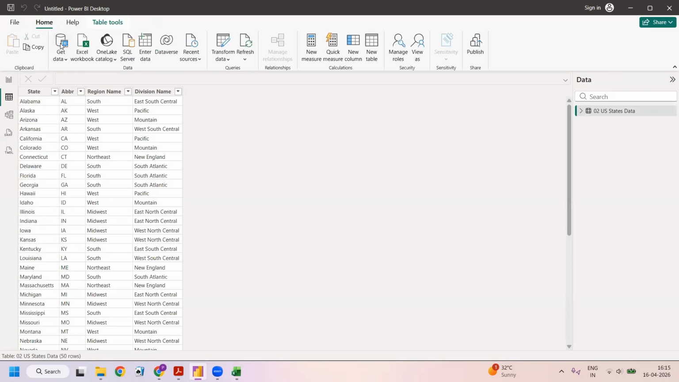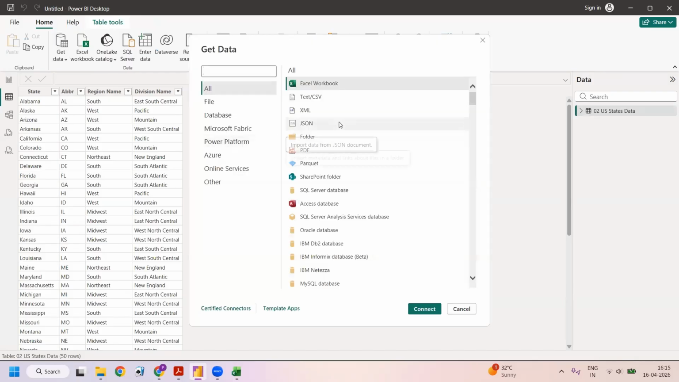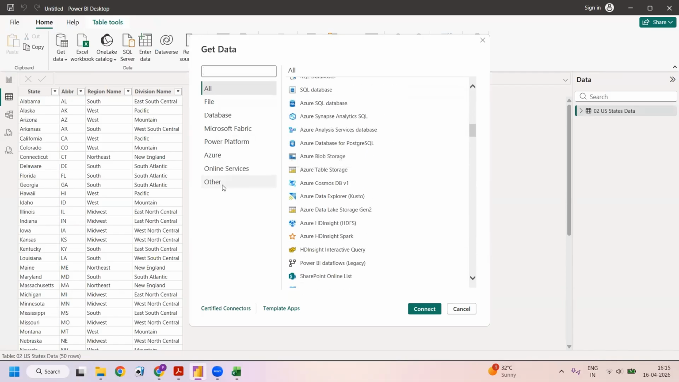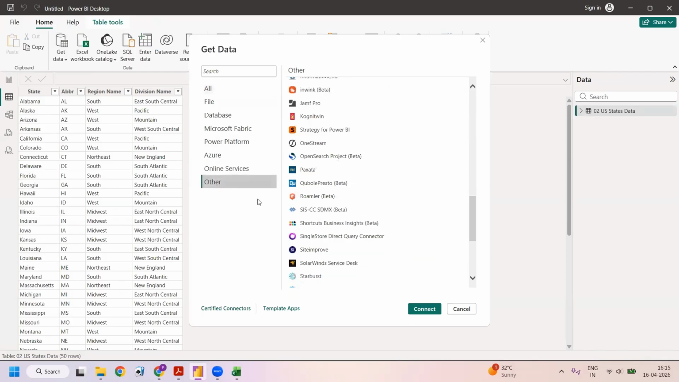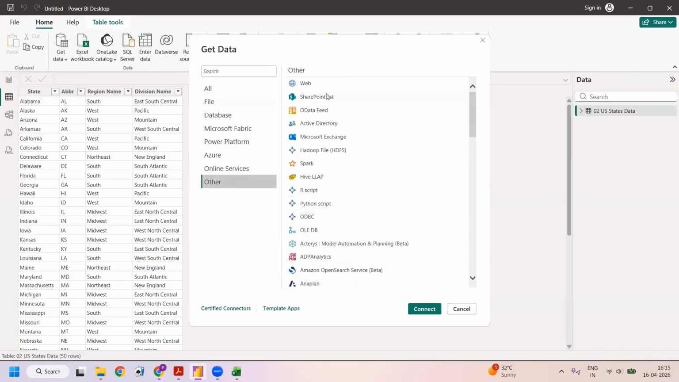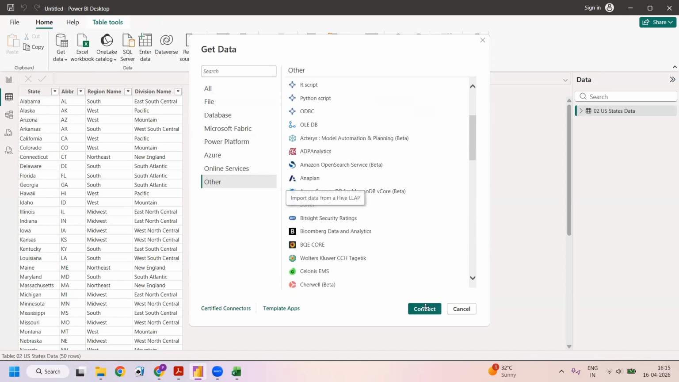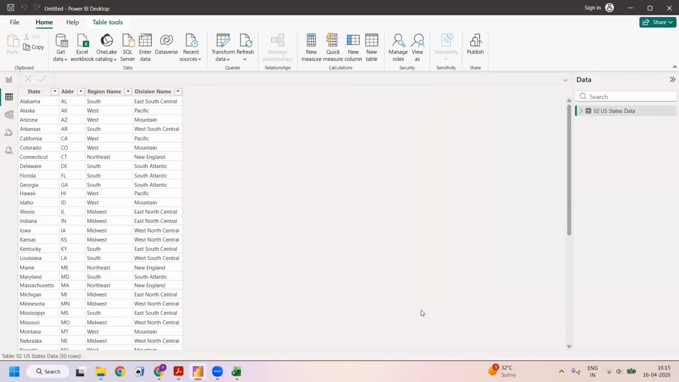We click on Get Data. You will see the dialog box and an option for web here. If you go to the option of other, you'll see an option of web here. If you click on this web and click on connect,